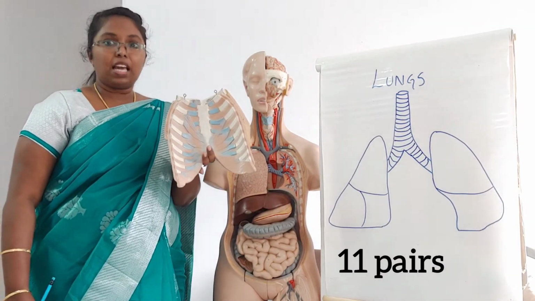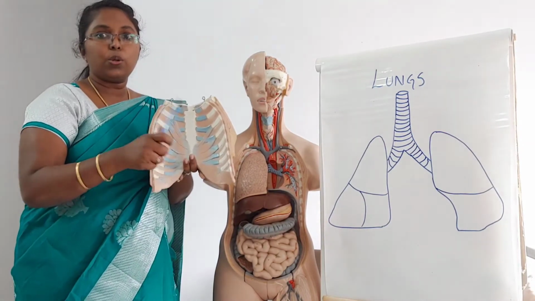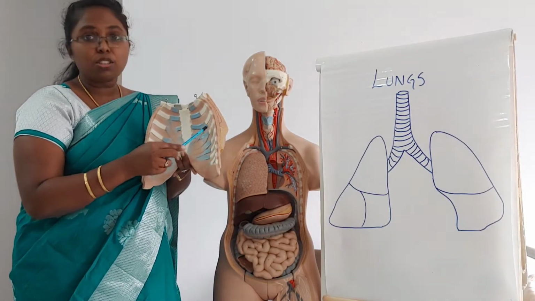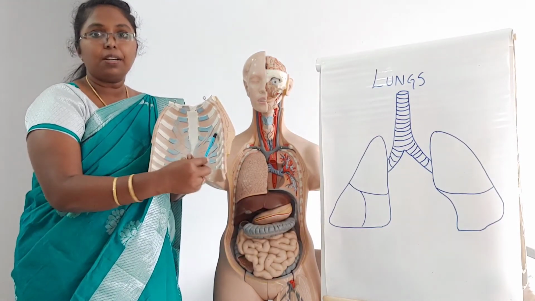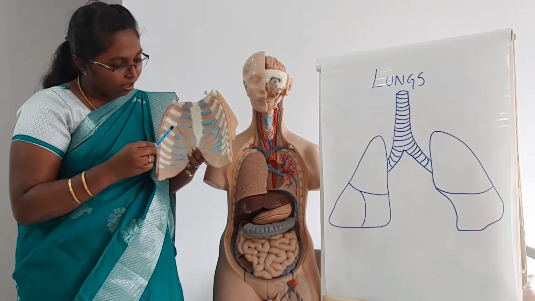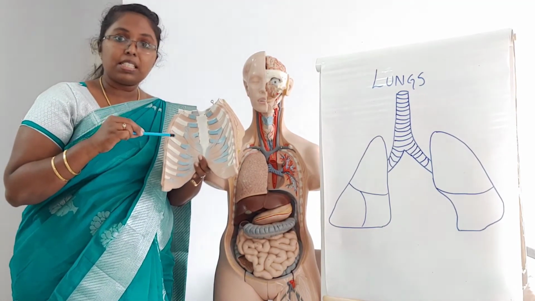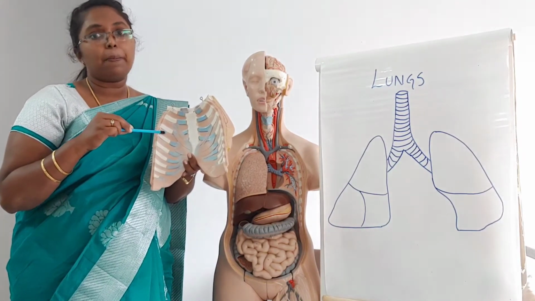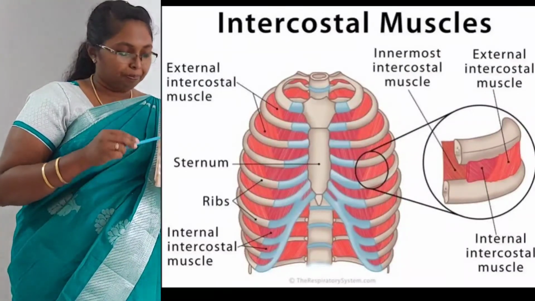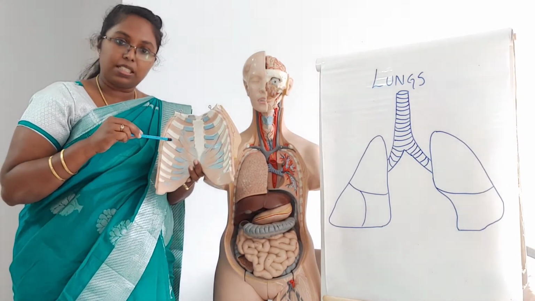So this is a rib cage, which is a covering like this. It should be covered, so I'm taking this off and showing you the internal part. This is the sternum. There are 12 pairs of ribs, right side and left side. In between the ribs there is a space. There we have muscles. Those muscles are known as intercostal muscles. Inter means in between, and costal is another name for ribs. So in between the two ribs there is a muscle known as the intercostal muscle.